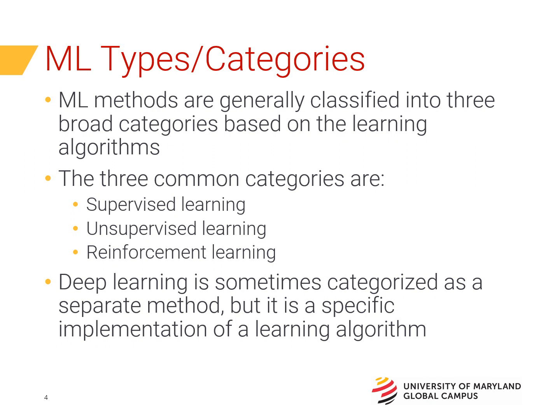In conclusion, understanding the different categories of machine learning is crucial for leveraging the power of this technology effectively. Supervised learning, unsupervised learning, and reinforcement learning each have their own strengths and are suited for different types of problems and data. Deep learning, while sometimes considered a separate category, is a powerful implementation of learning algorithms that has revolutionized many fields. By grasping the characteristics and application of these categories, practitioners can choose the most appropriate approach for their specific machine learning projects and drive innovation across various industries.